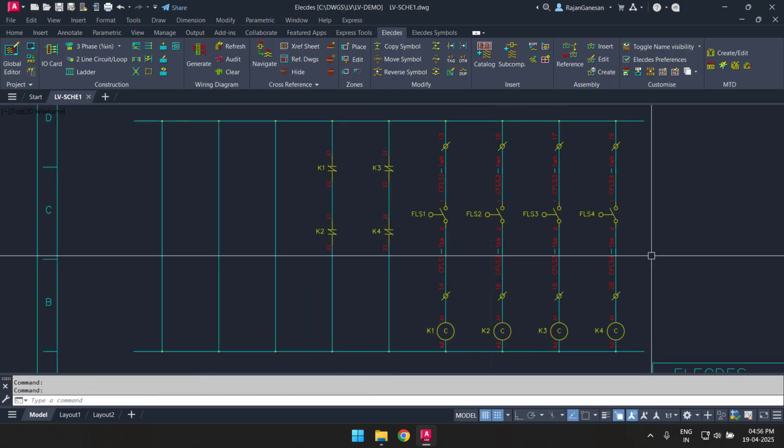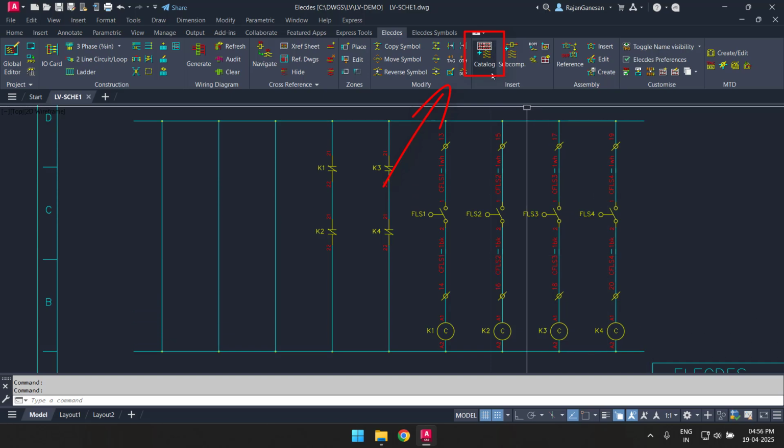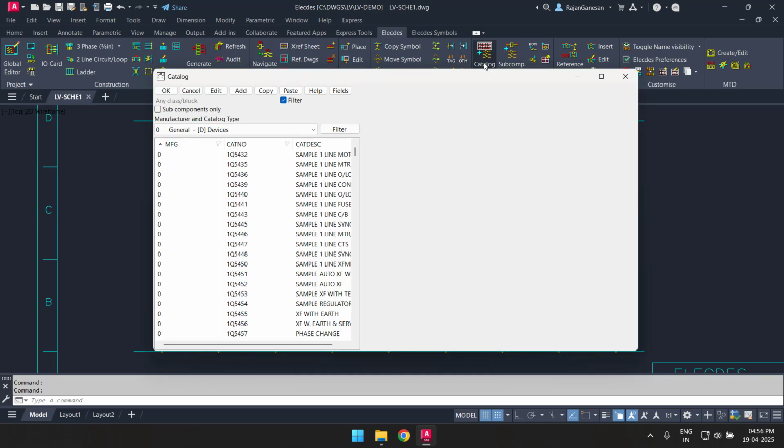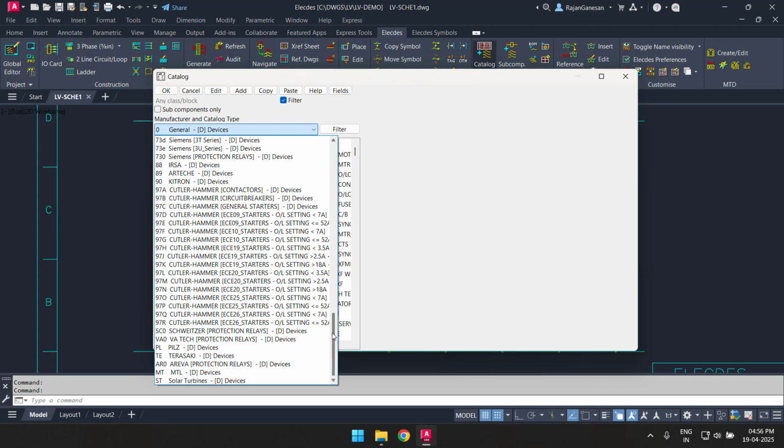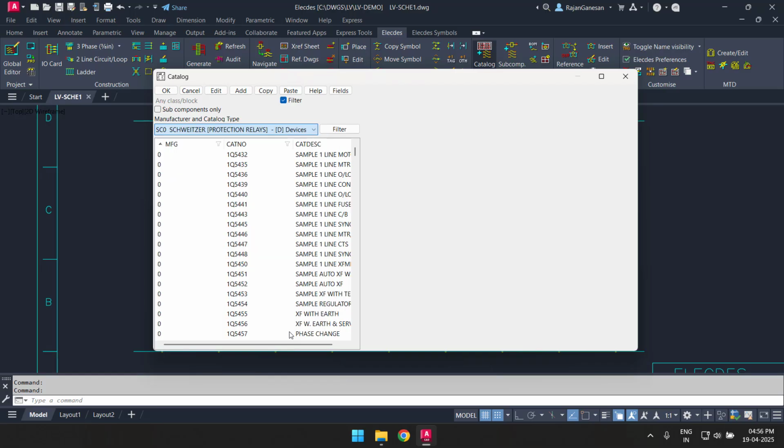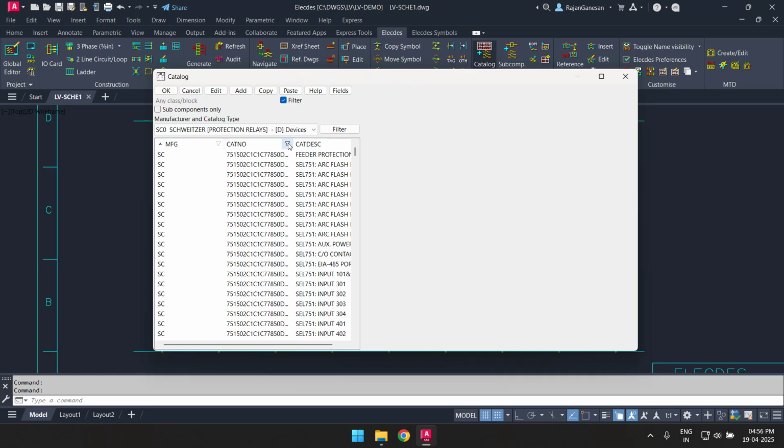Another fast method of symbol insertion is inserting directly from a catalogue. In this example, I will insert a protection relay for a circuit breaker. I'm going to use a Schweitzer protection relay from the Cell 315 family. This relay is complex and specifically for managing large circuit breakers. When you have lots of data in your catalogue, a filter will reduce the number of items in your list and make the process easier.